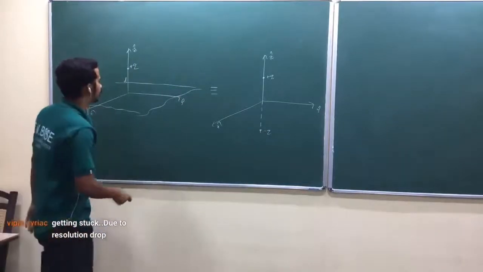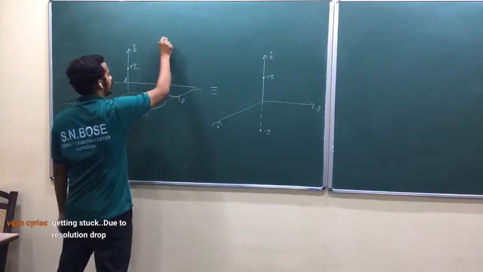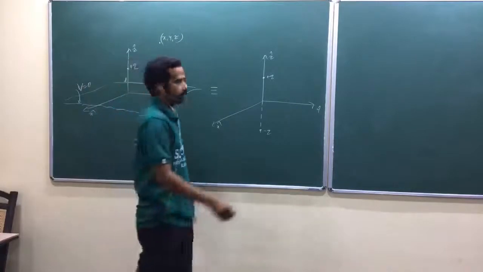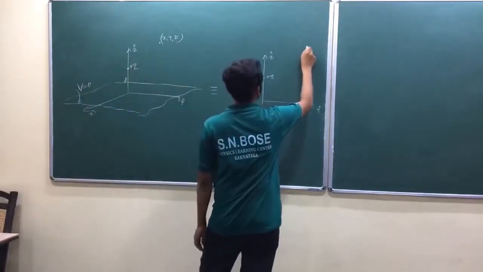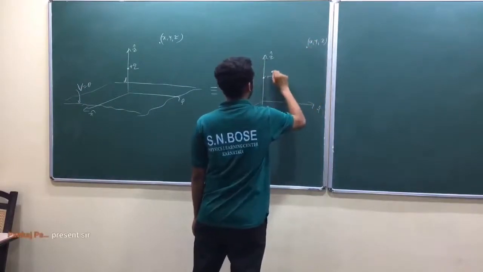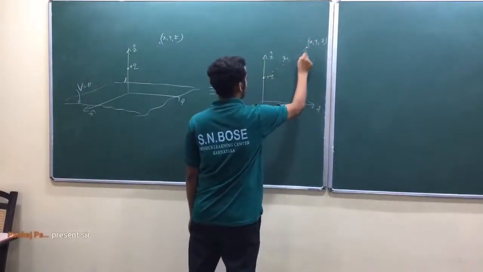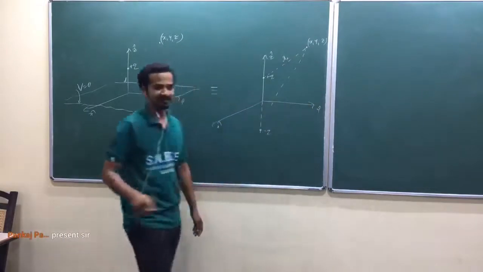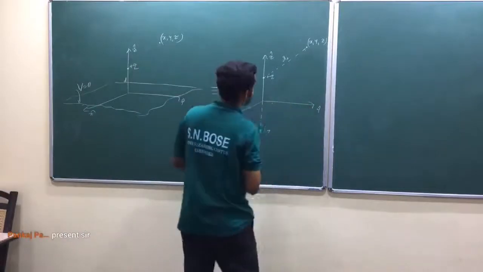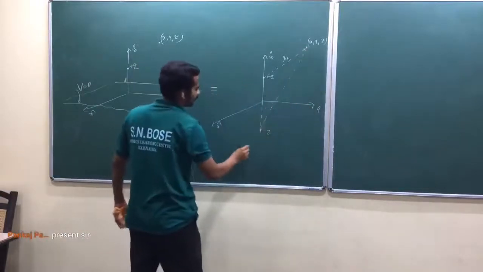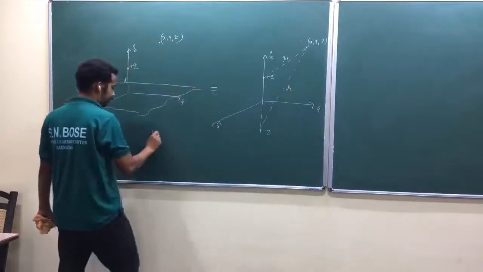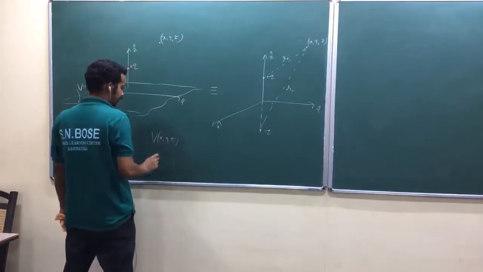So again, our aim was to find the potential at some point x comma y comma z. That's why we can find that potential using this image configuration. So x comma y comma z, am I right? This is the point of interest. Then we found r plus, and r minus, is that okay? And we found the potential, isn't it? V of x comma y comma z, above the plane.